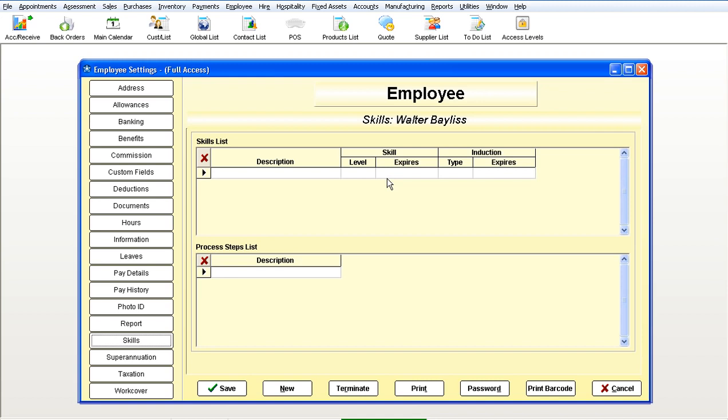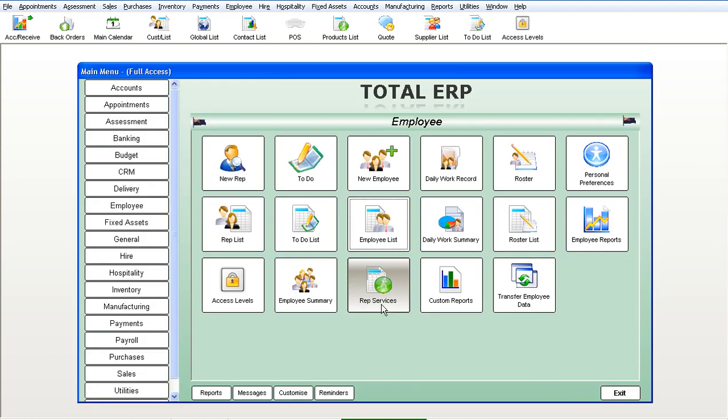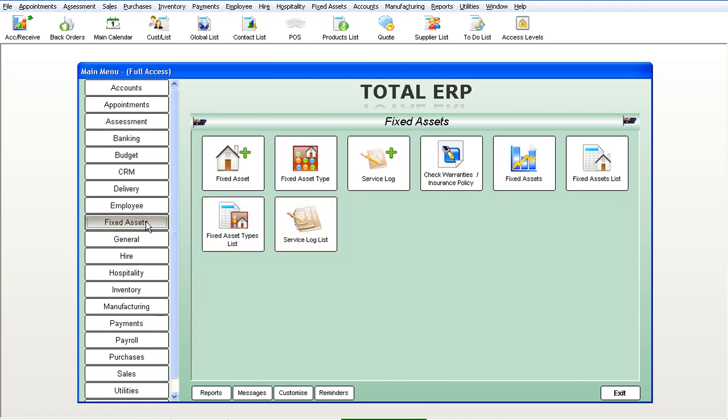What a great way to keep your legislation down to a minimum. For example, if your staff members have a forklift driver certificate, you don't want that expiring. So this will enable you to keep that on track. Our fixed assets area allows you to keep a detailed asset register with dual depreciation levels and posting straight through